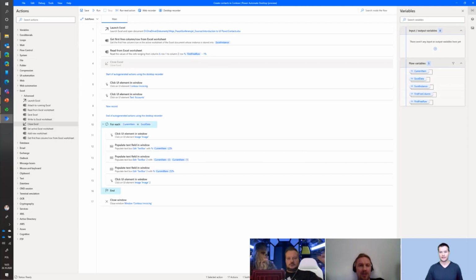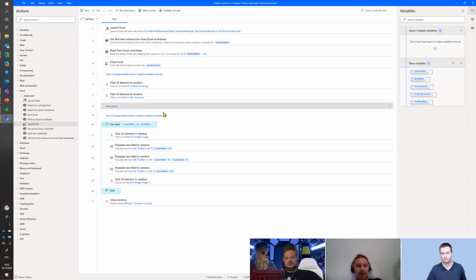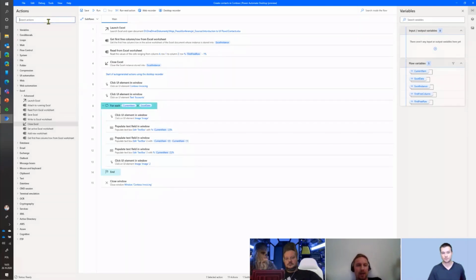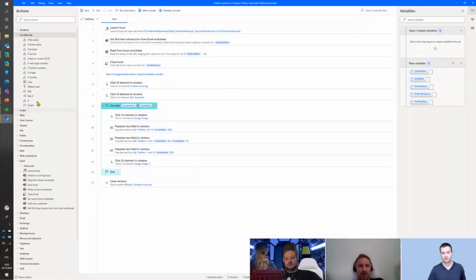Can I have additional branching under the for each loop? Can I have subsections with branching, or does all the branching have to be at the top level? No, if by branching you mean conditionals, for example, or a switch, or any other kind of loop, yes, you can have all of them within. You can put them into the loop.